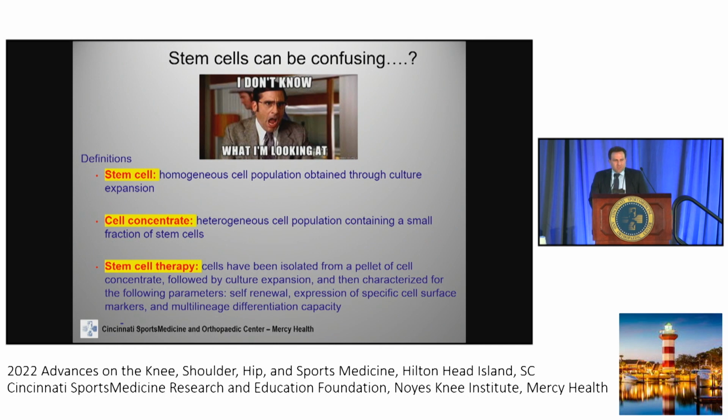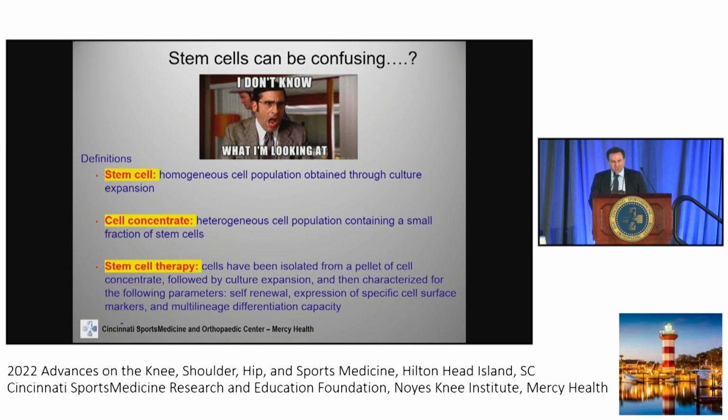Even with that being said, a lot of this language is very confusing, not only for the lay public, but also for us healthcare providers and orthopedic surgeons. Another definition for stem cell that you may come across would be a homogeneous cell population obtained through culture expansion. And this is different than a cell concentrate, which is a heterogeneous population of cells, only a small fraction of stem cells. So true stem cell therapy includes cells that have been isolated from a pellet of cell concentrate followed by culture expansion, and these are characterized for several parameters, including self-renewal capabilities, expression of specific surface markers, as well as